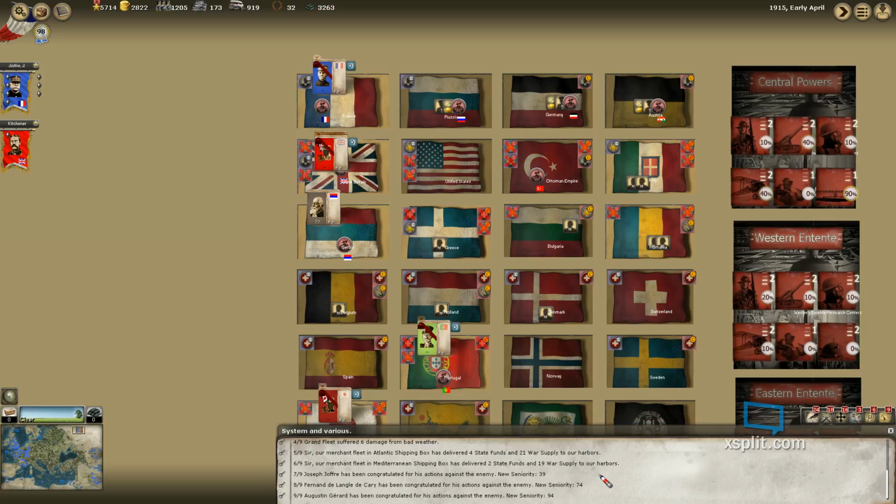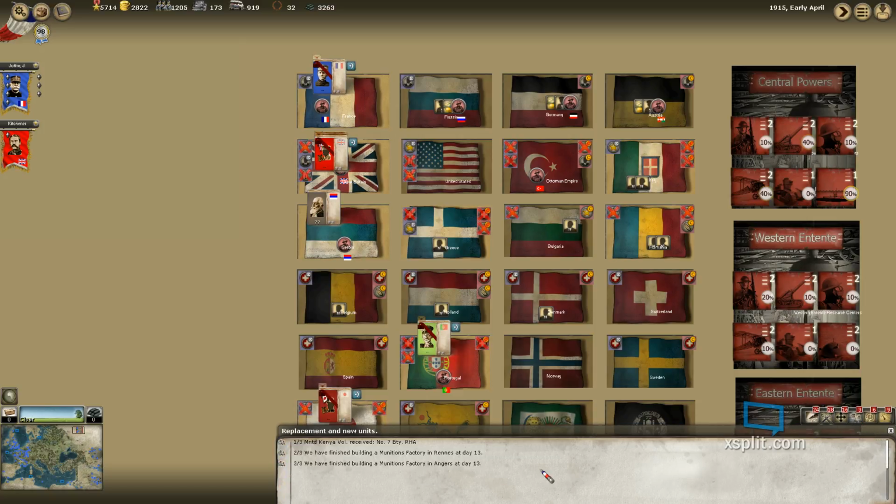Did we look at any of these? Yes, I think we did. Joffre, Telengo Carey, Augustin Gerard. And then there's not very much interesting that usually goes on in there anyway, but okay, we have finished building